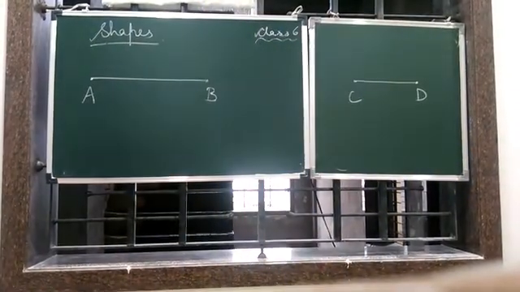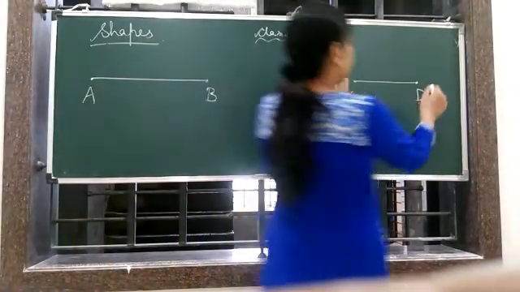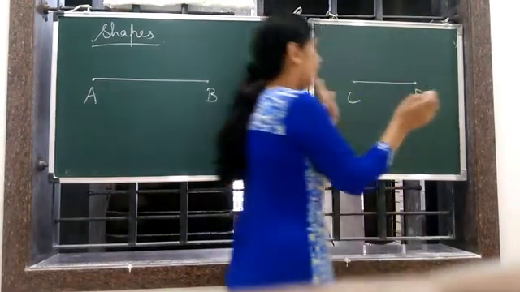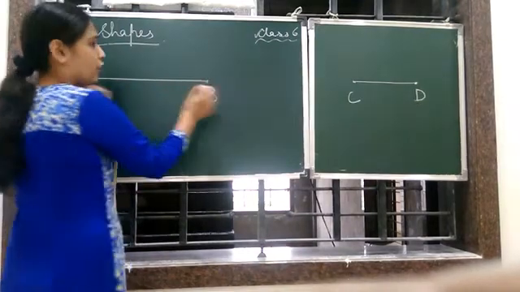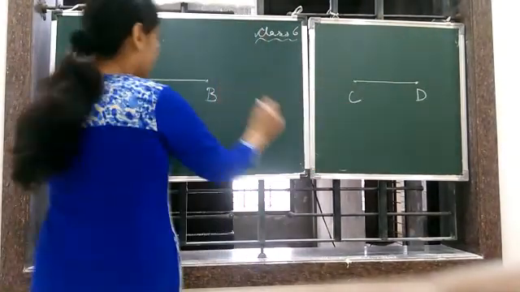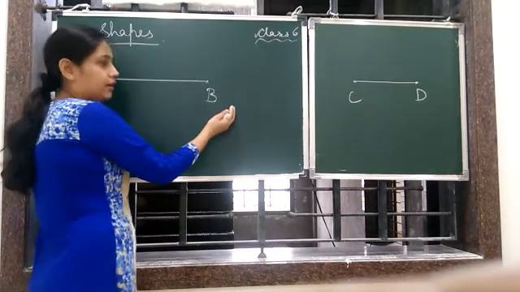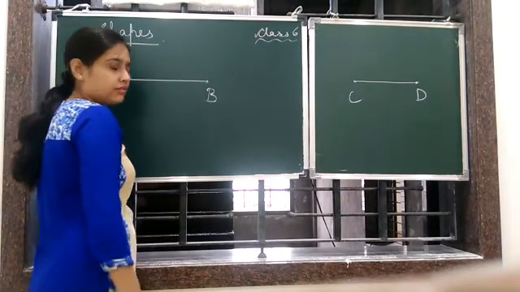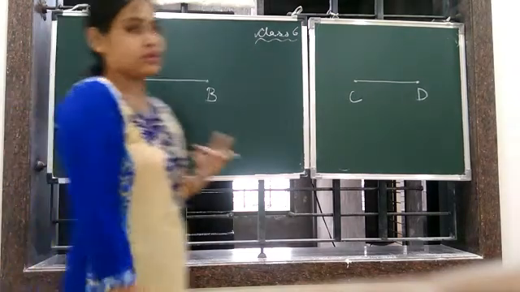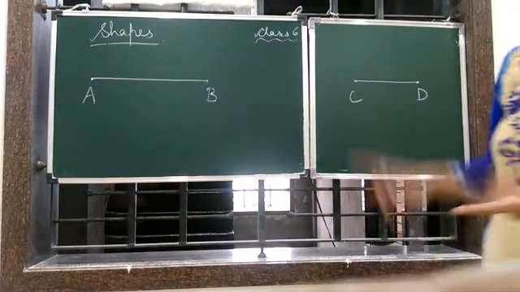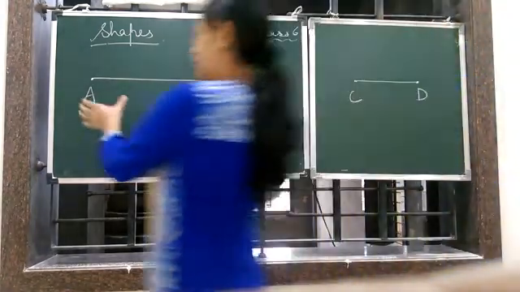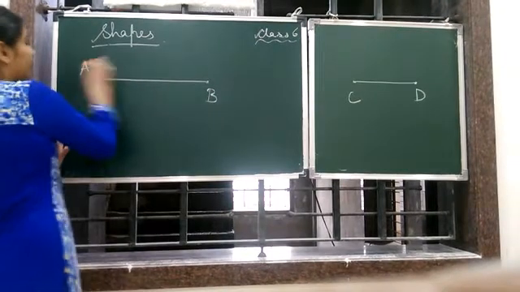Then you can use a tracing paper. Tracing paper we all know, it's a transparent kind of paper. You can put it on your line segment CD and mark the two points, or you can trace the whole of CD, and then you bring it onto line segment AB. That's how you will find which one is bigger, which line is longer. Got it? So this is one thing, by observing, by using tracing paper. Third, you can use a ruler. Yes, you can use the ruler and take the measurement.